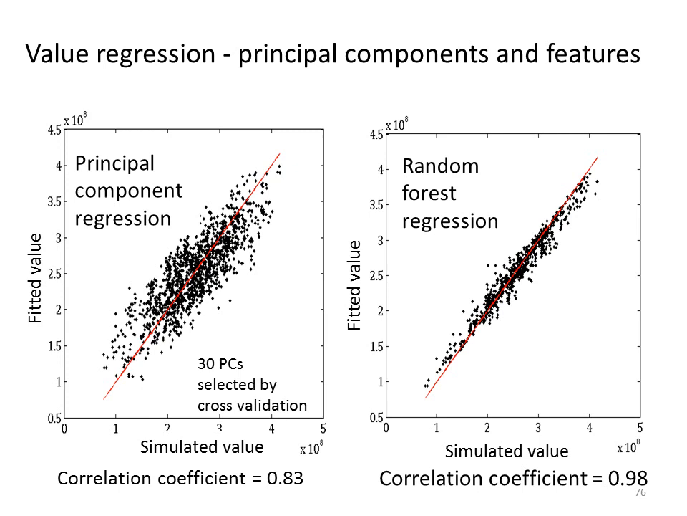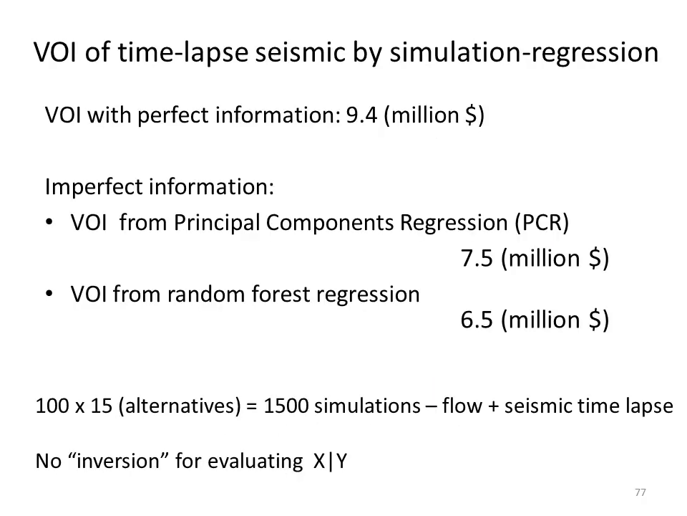And here are some examples of the regression. This one is a random forest regression on those extracted features. We have the fitted value and the simulated value, and in this case we have fairly good correlation coefficients. And then we can use that in our VOI calculation. So in this case, with perfect information, that's a value, and then from this simulation regression, we get these kind of values. So we just have a few hundred simulations, no inversion,